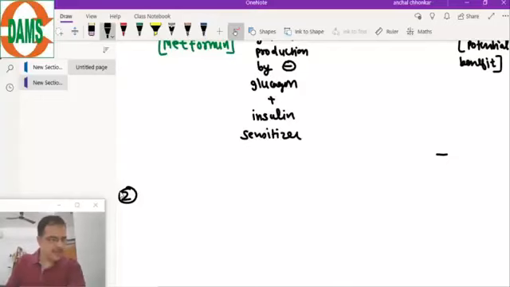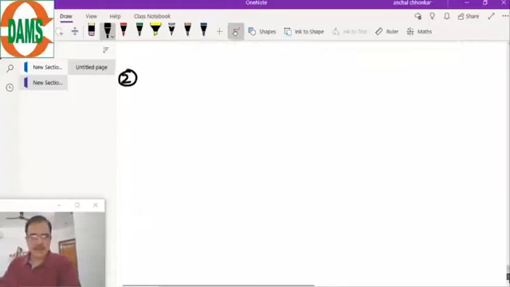Normal GFR is more than 90. Which GI side effects? Nausea, vomiting and diarrhea. Nausea, vomiting, diarrhea, these are the GI side effects. Very, very predominant side effects with the metformin. Now come to the number 2. Number 2 is the